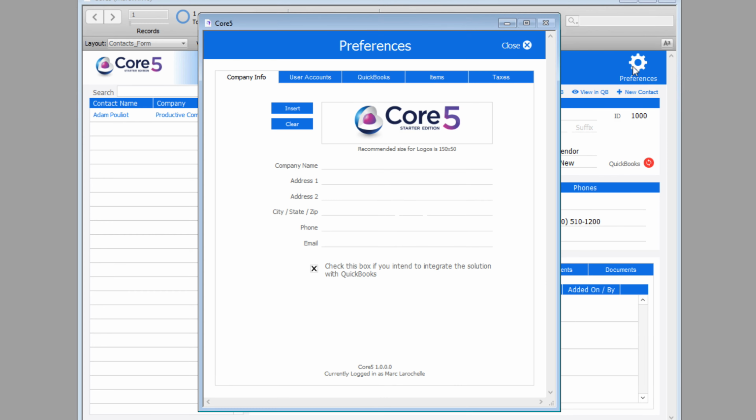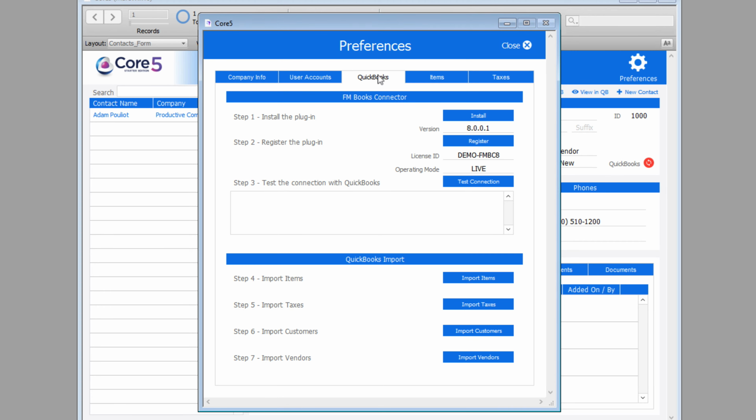Let's go ahead and click on the Preferences and click on the QuickBooks tab. And you can see here that the plugin is installed. It shows you the version, shows you the license ID, and the operating mode is live. There's even a way to test the connection. Now, here I've tested the connection, and since this is my first time connecting to QuickBooks, I have QuickBooks open